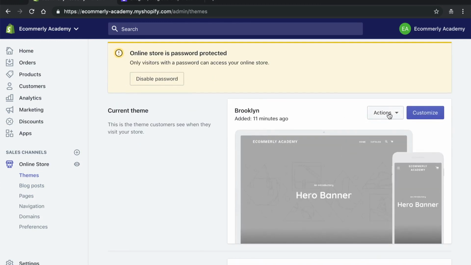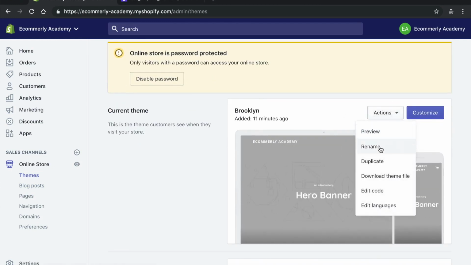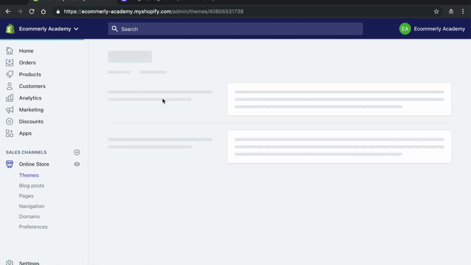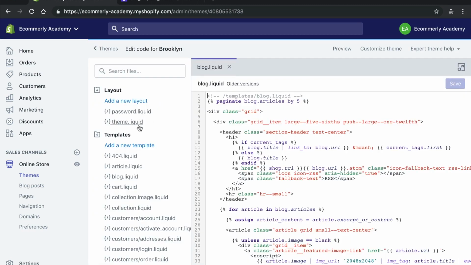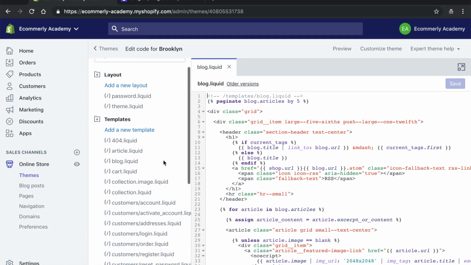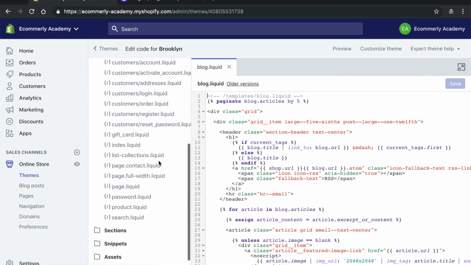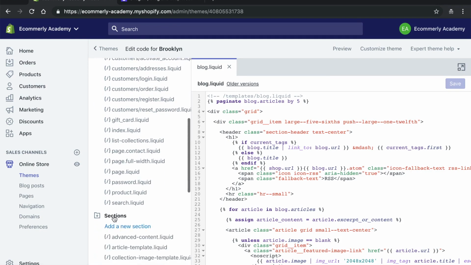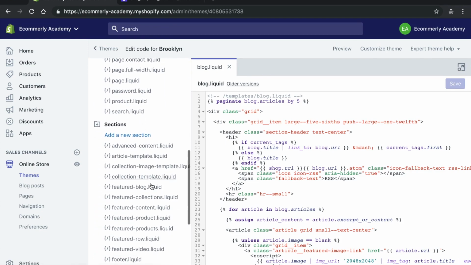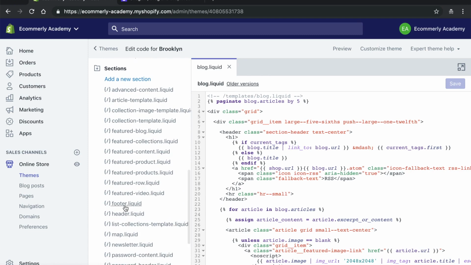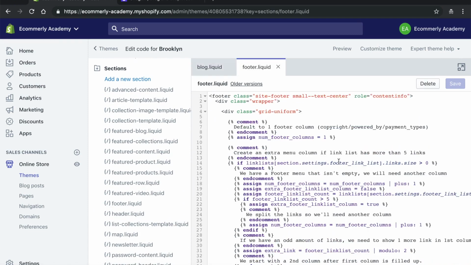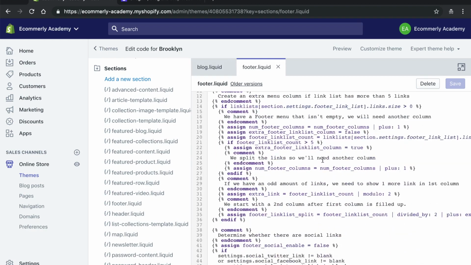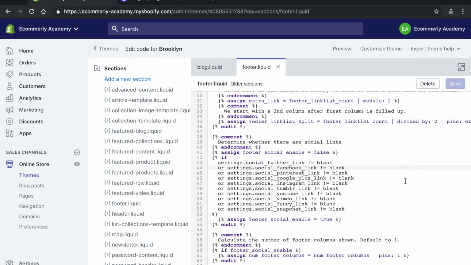Now, a few things in the actions section that we can actually look at. If we click on edit code, one thing that I like to do, and I know I told you not to go in here, but this is easy enough to do. Every theme is a little bit different, but essentially in the template section, you're going to want to look for the sections. And then you're going to scroll down until you see footer.liquid. And in here, you're going to see a bunch of complicated looking code. But all you want to look for